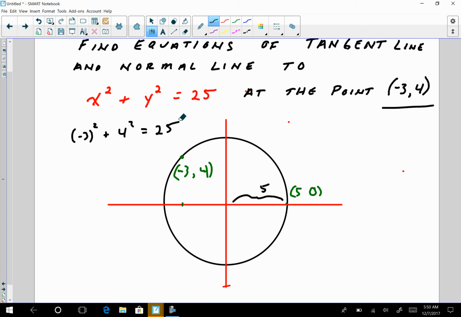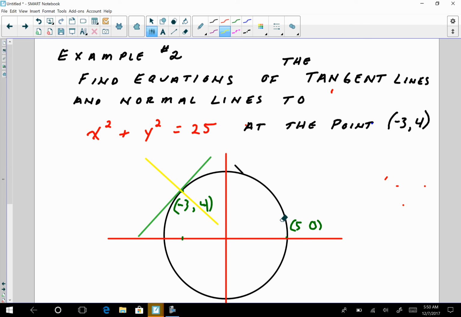So what I'm looking for on this problem is the equation of the tangent line and the normal line to this point right here. And I think the next slide demonstrates the lines that I want to find. And it does indeed. This is going to be the tangent line to that circle at that point, negative 3, 4. And then the normal line, we remember from previous discussions, is the line that is perpendicular to the tangent line at the point of tangency. So these two lines at the point negative 3, 4 better